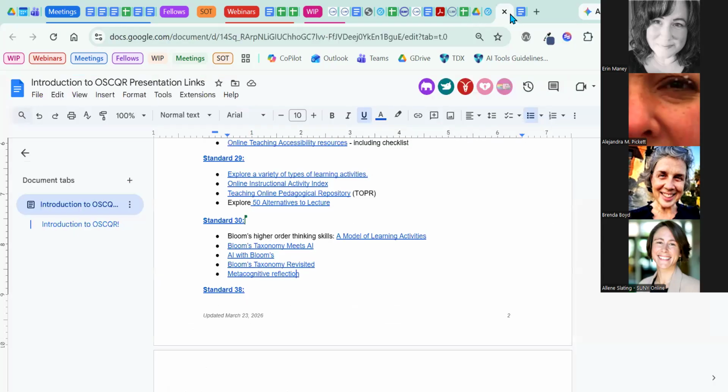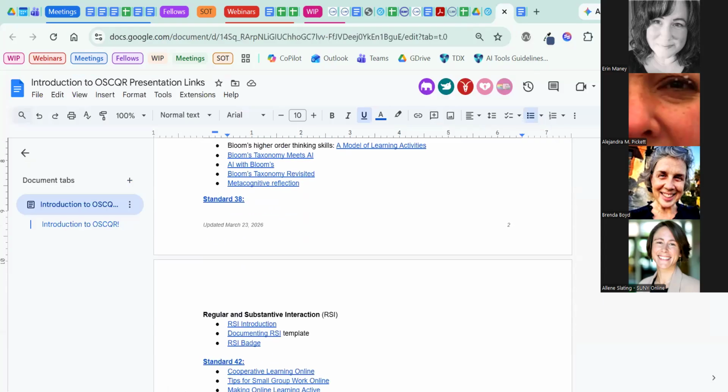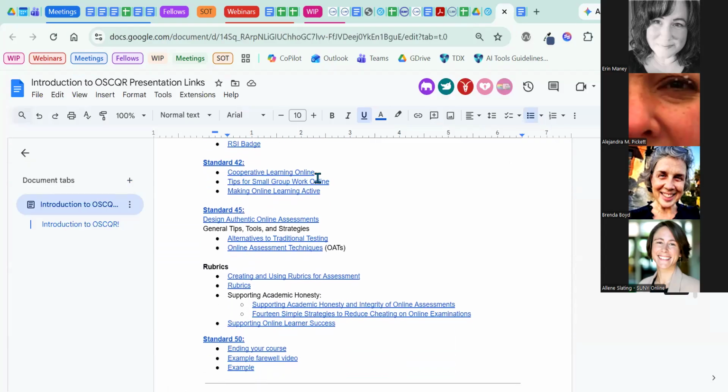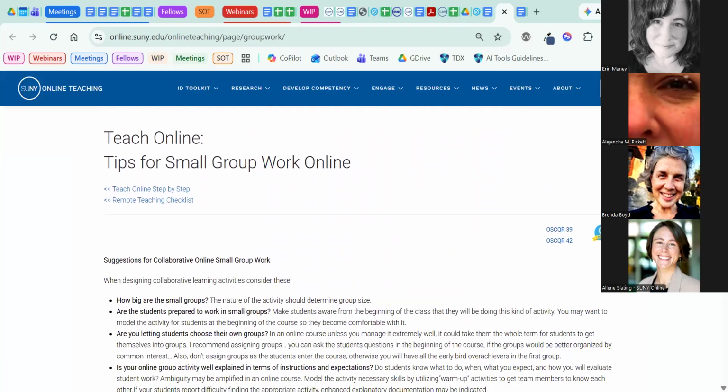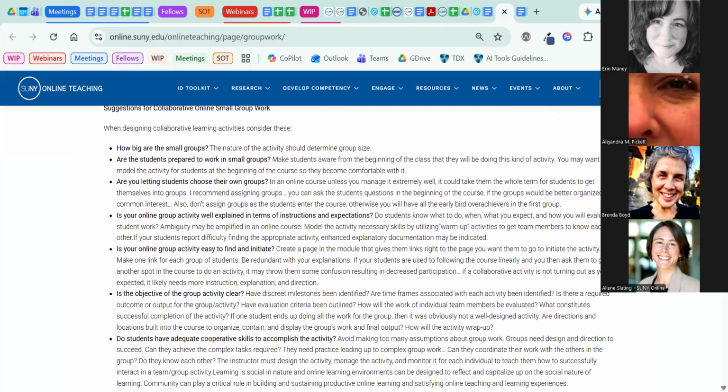There's lots of ways to promote student to student interaction, but one of the ways that you can do that is with small group work. And if you've ever tried small group work yourself and had some challenges, there are lots of things to assist you to understand what's going on and how you might improve those things. Things like how large or small the group is, how prepared the students are in order to do the group work, how students get into the groups,